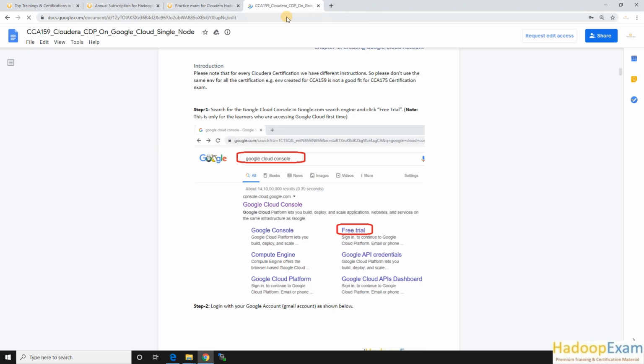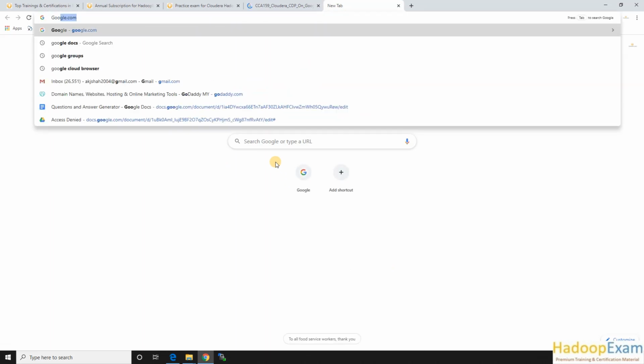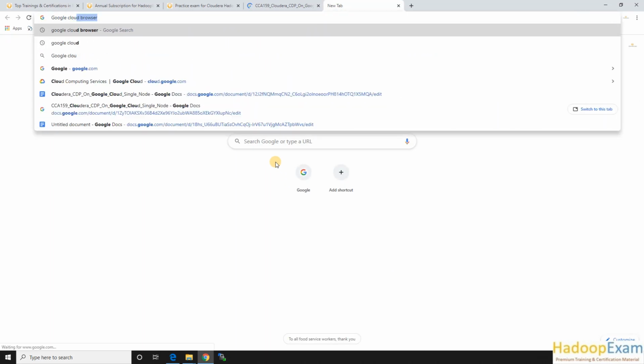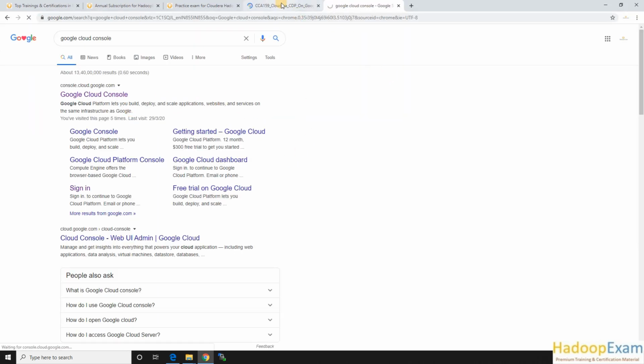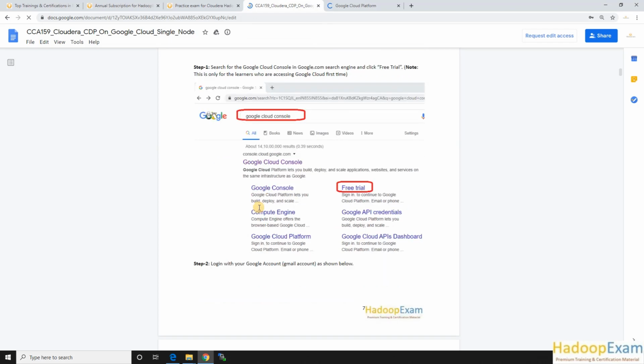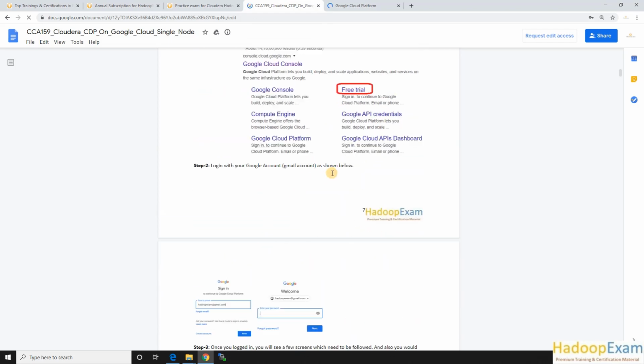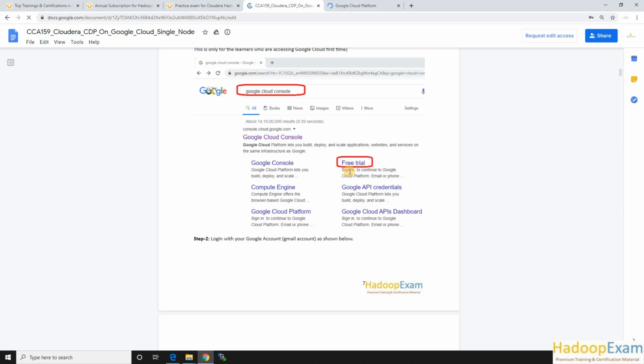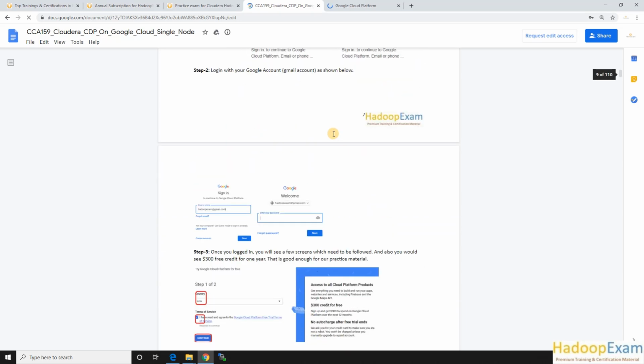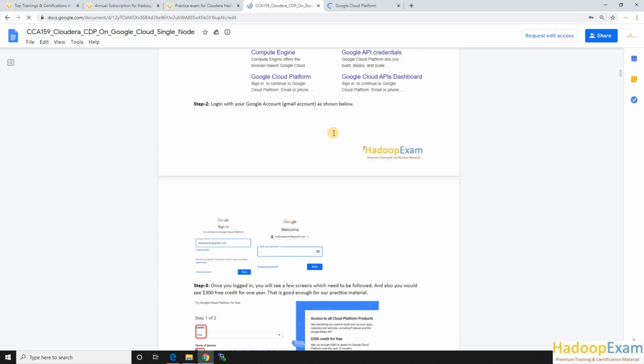So just go, as per this instruction, to the Google Cloud Console. Search for it, and Google would give you the Cloud Console directly here, so it would be launched. This is the same thing here. You can click on free trial if you are new, but in my case I have already created the account and everything. This is a very simple way of setting up the account, like any e-commerce website where you set up one account, correct? Similarly, you have to provide your credit card detail here as well.